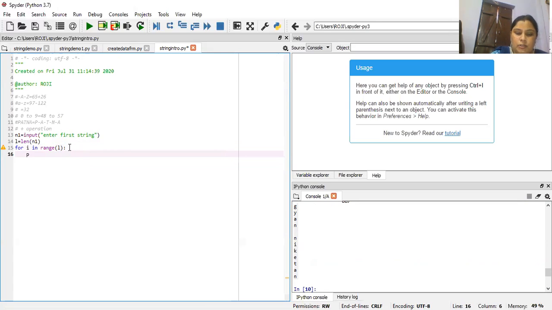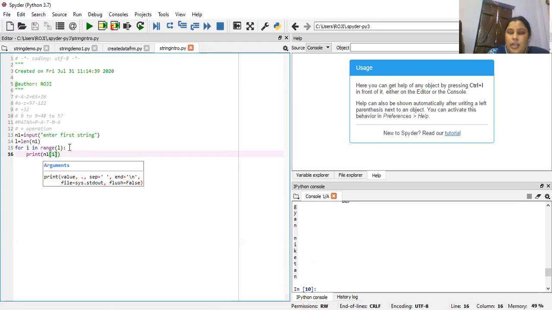Now we use print n1 with the index number in square brackets, that is, the character at position 0, at position 1, at position 2, up to position L minus 1 will be displayed.